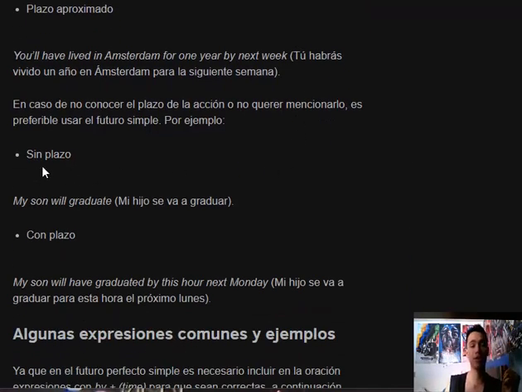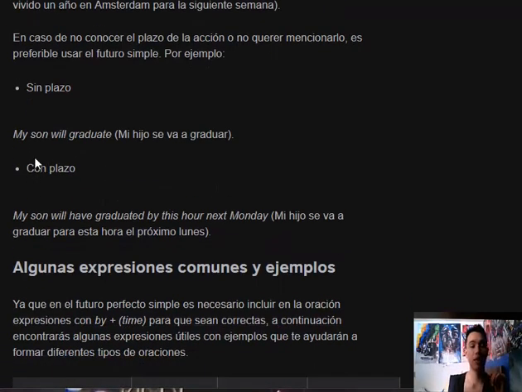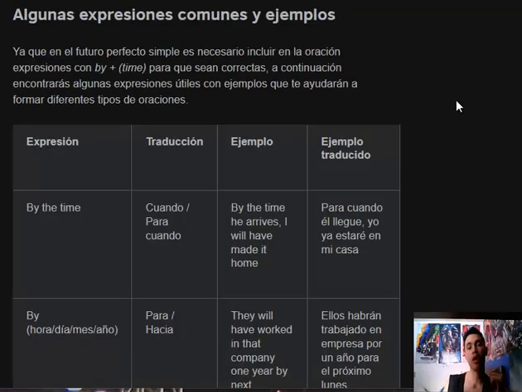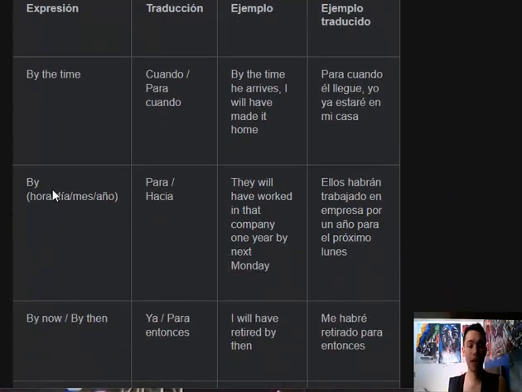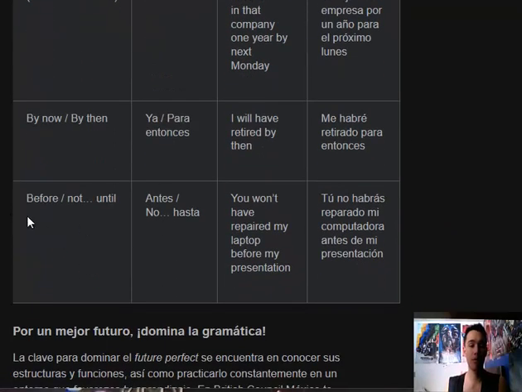And we can also use it with no time or term, like my son will graduate, like someday he will graduate. And finally, we can use it with the time or term, like my son will have graduated by this hour next Monday. The future perfect is commonly used with some expressions and sentences like by the time, by now,